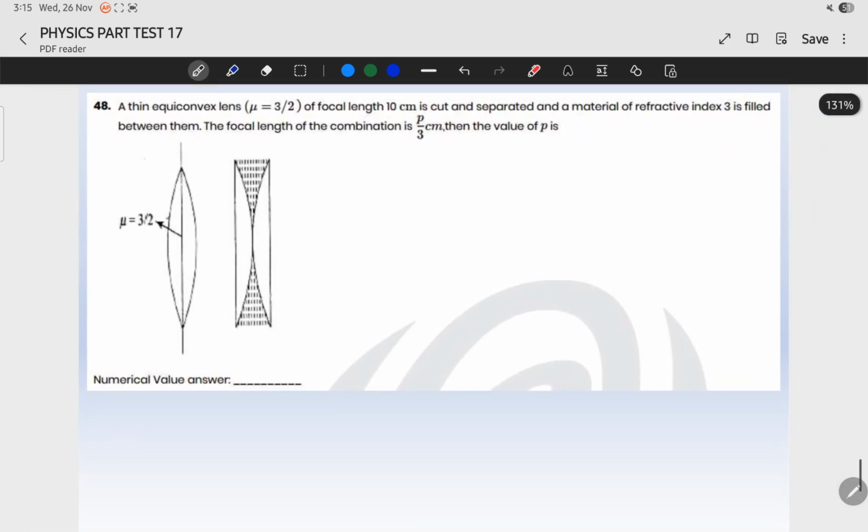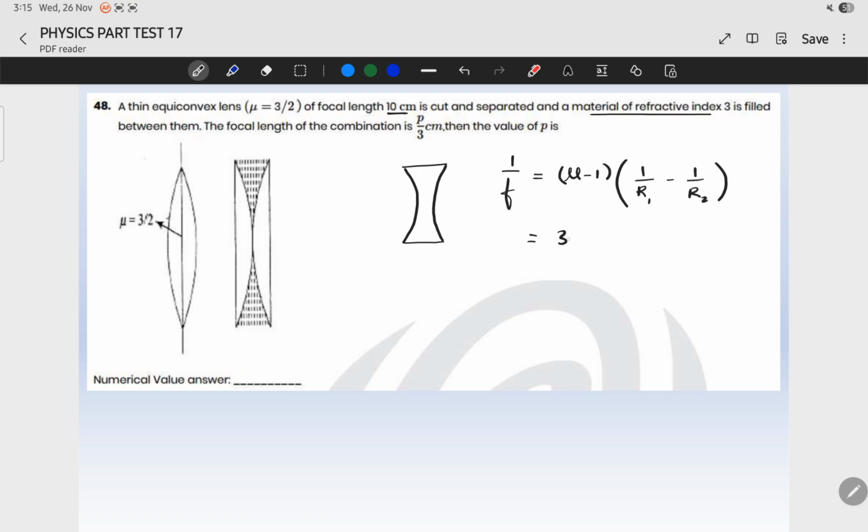Next question. Focal length 10 centimeter equiconvex lens is given. It is cut and separated and a refractive index 3 material is filled between them. So we'll just calculate the focal length of this part. To calculate this focal length is simply what? 1 by f is equal to mu minus 1 by r1 minus 1 by r2